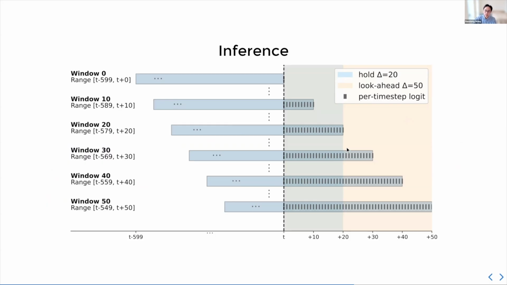And one other thing we employ is that we hold the prediction once we have it for t, we hold it for the next 20 time steps, or a very short horizon into the future, such that first it improves stability. Second, you don't have to do inference 200 times per second. It's more compute efficient. And these two tricks altogether really reduce your flickering to a bare minimum and allow you to use the device online in real time very stably.